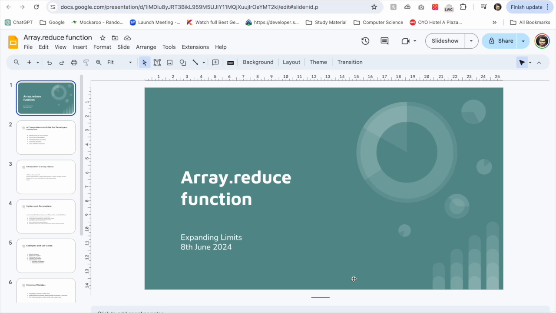Hi guys, today we will learn about array reduce functions. Okay, so there are many functions on array, which is, I love the JavaScript language, and the reason I am making